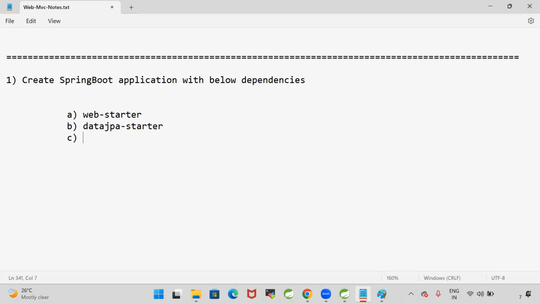This time I'm going for an embedded database, guys. Earlier we used the MySQL database. Now I want to show you a demo with the embedded database. For that I'm going for H2. H2 database I'm taking. Then next one is web starter, data JPA starter, H2, DevTools,